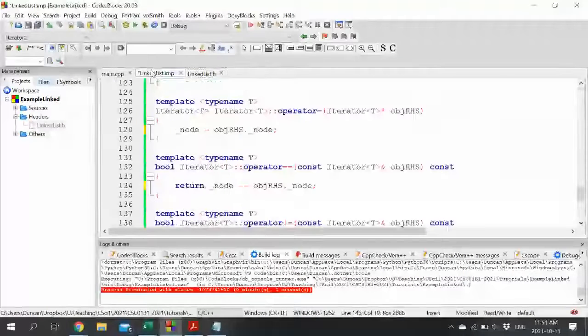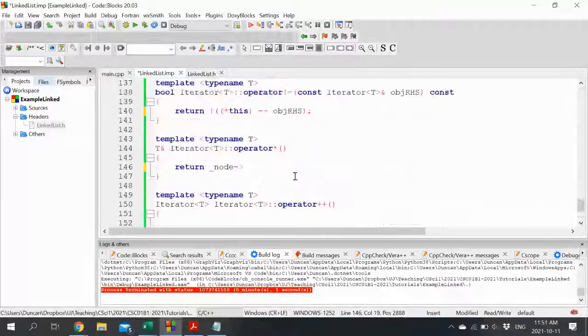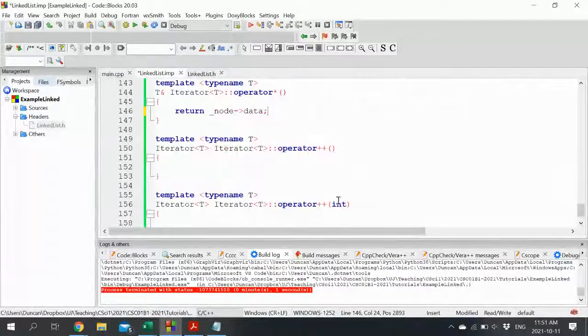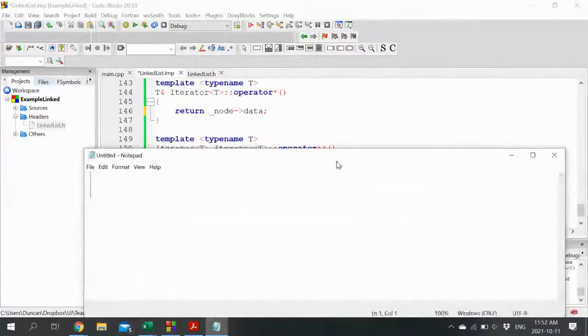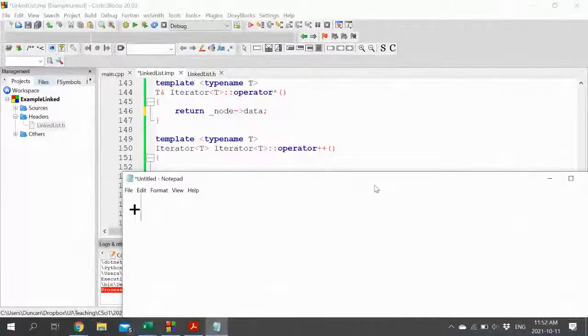In this case, data, yeah. So we access its data. And then because we're returning that by reference, the person can change it or do whatever it is they want with it. And then we've got the two kinds of operators, the pre and post increment. Let's just remind ourselves of their logic. So the first one, the one without the parameter, that's pre-increment. So that's plus plus the thing. That means the change must happen first, and the newly changed value must be